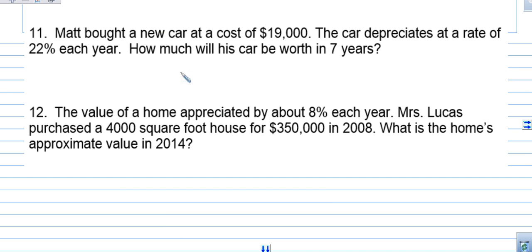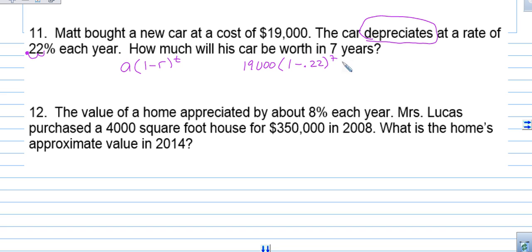Question number 11. This is a depreciation, so it will be an exponential decay, which is very similar to the growth. You just use the minus instead. And so we'll use this equation. Notice how it doesn't say the word compounding, so we don't need that in there anywhere. Okay, and then we'll go through, and it'll be 19,000, 1 minus 0.22 from moving the decimal 1, 2,